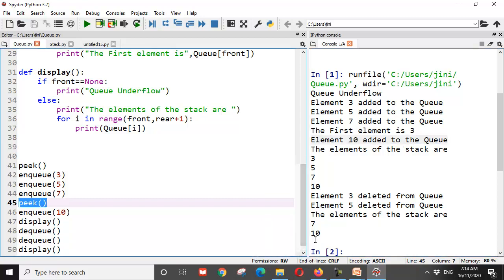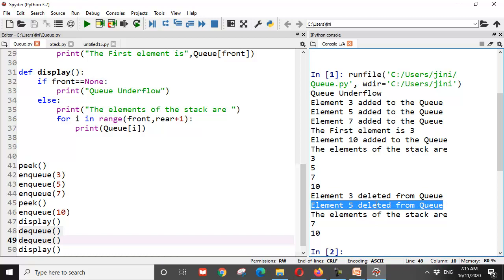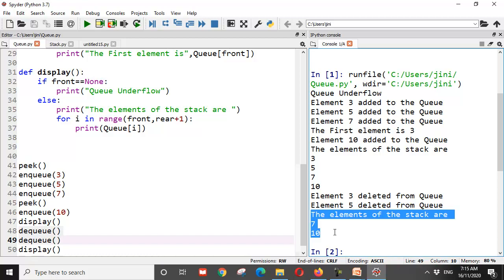Then you said display. Now here, if you remember the top, we were displaying from the last element to the first element. Here it's always going to be, because it's a queue, no? The priority is given to the person in the front, from the first to the last, so it displays all the elements in the order that you inserted. Now, how many elements did you dequeue or delete? 2 elements. Which are the first 2 elements? 3 and 5. So 3 gets deleted first, then 5 gets deleted. And now when I call the display function, it's displaying the existing elements of the queue, and there are only two more elements in the queue. One is 7 and one is 10. Is that clear? Now 7 is the front element, 10 is the rear element.